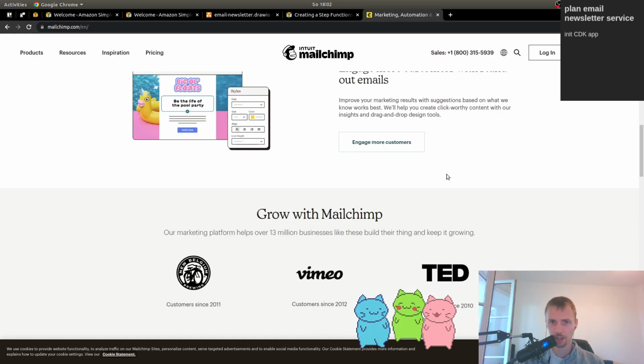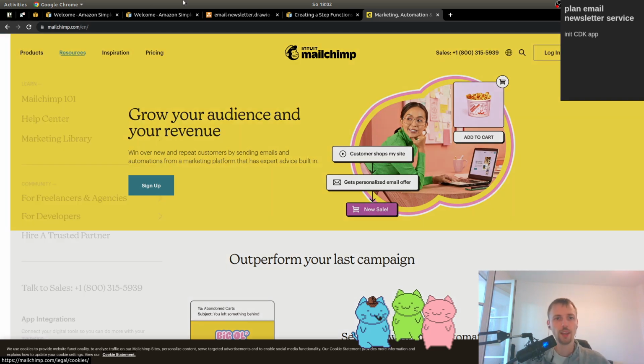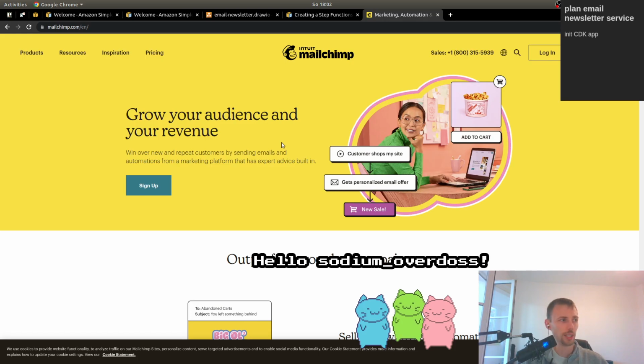Also a visual editor for creating your emails, your email templates, and so on and so on. So everything around emails. And I want to do something similar. Probably not the part where you can actually